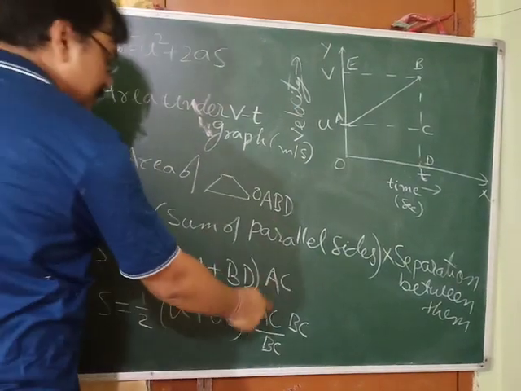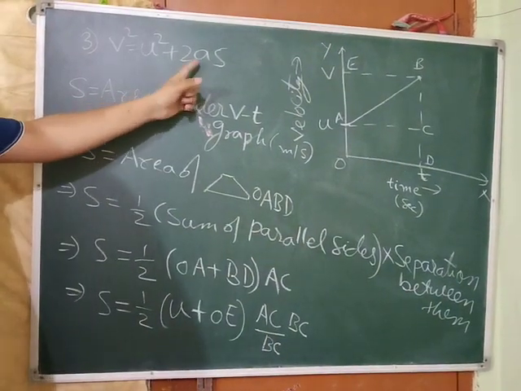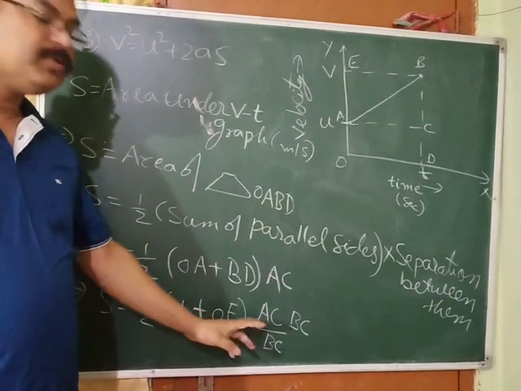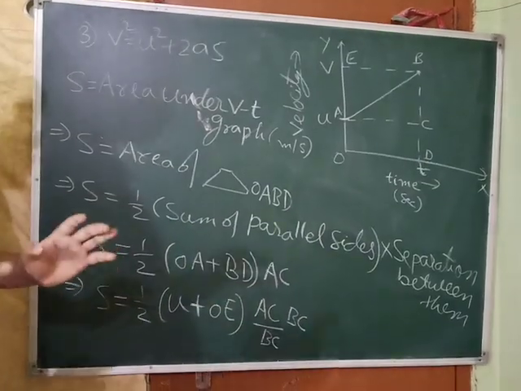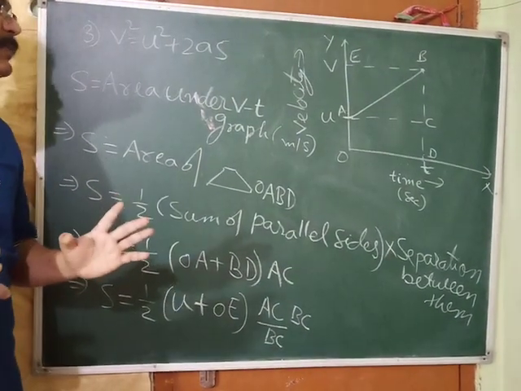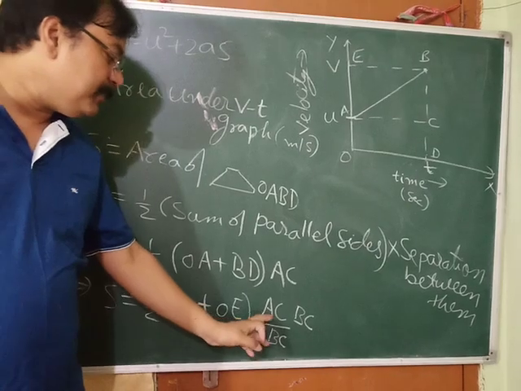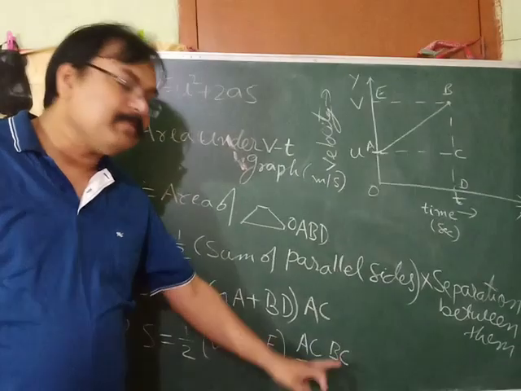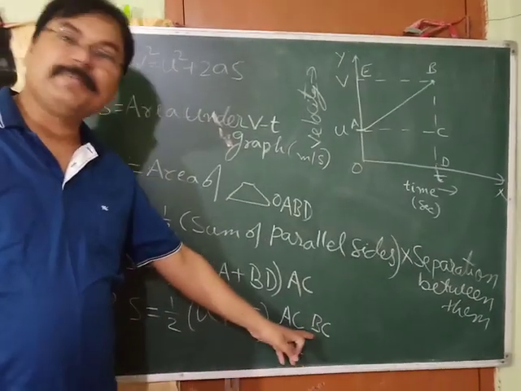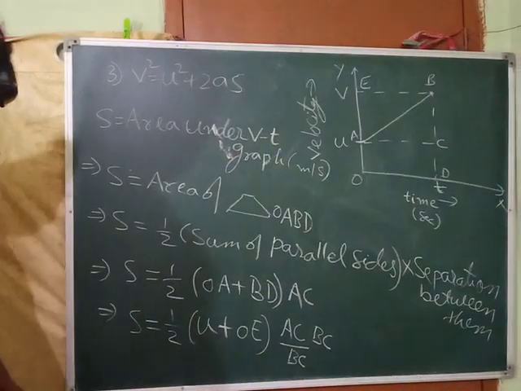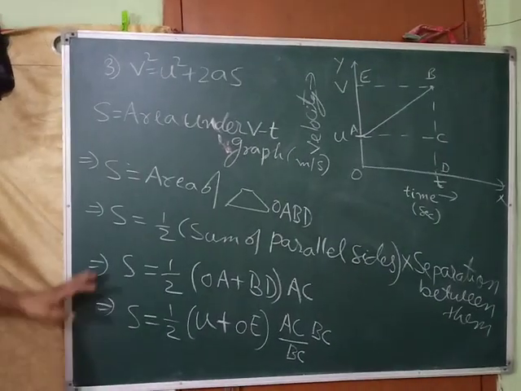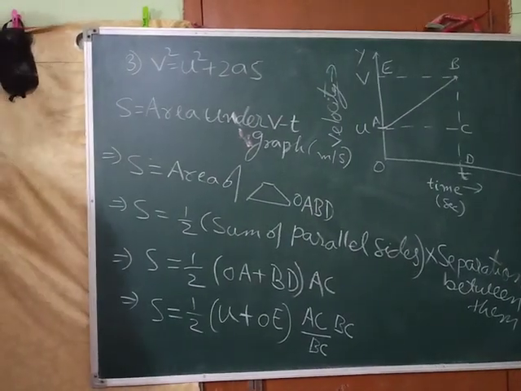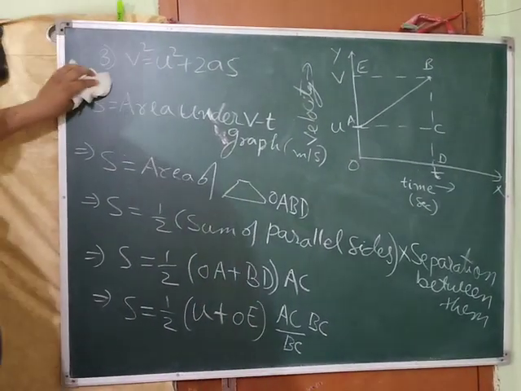Now here AC is there. You can see here acceleration is coming. Acceleration is slope, and slope is BC by AC. But here we have got AC. So if we divide by BC, it will become 1 by slope. So we can divide by BC and multiply by BC. No change, because divided also, multiplied also. So no change in the equation. We can do this. So we have reached till here in this way. Now we can move ahead. How can we move ahead? Just see what we will do.